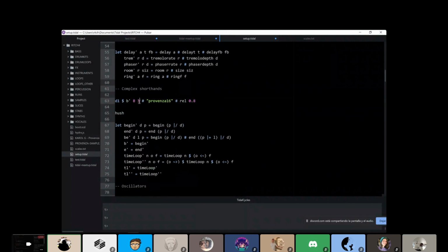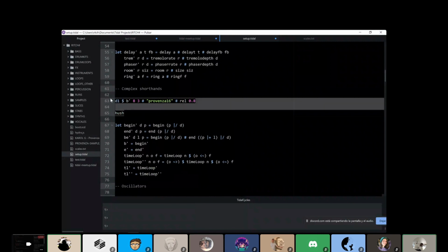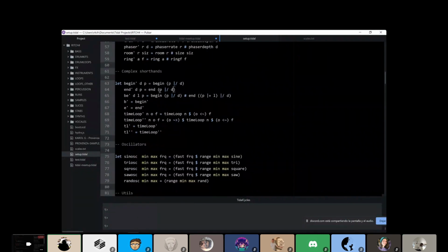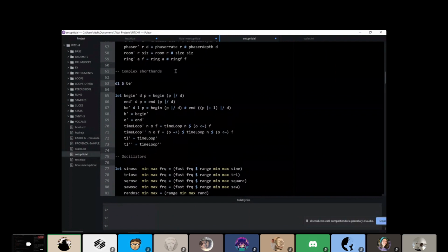So now it just goes to the third eighth of the sample. I have one similarly for end. And this one is also interesting. So it would be like begin end. So I just put a divisor and have a length, where it should start. I can also tell it to just play the first two eighths of a sample. And